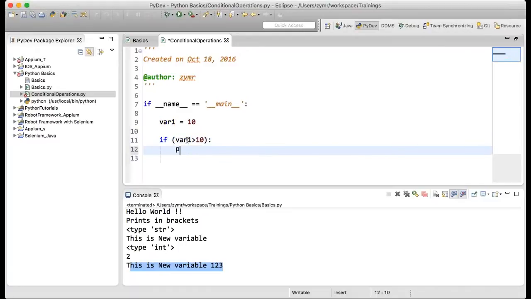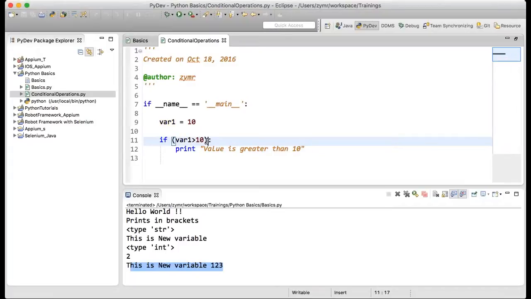then print saying that the value is greater than 10. Now I have provided this condition saying that if var1 is greater than 10, will it execute?